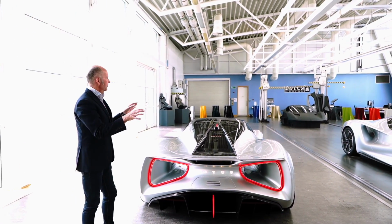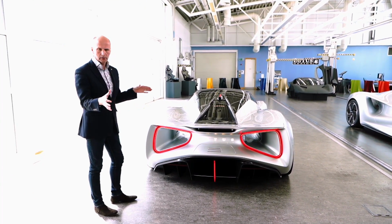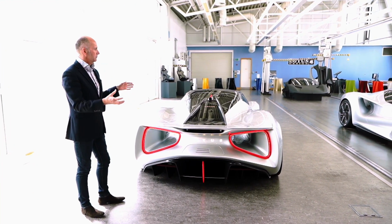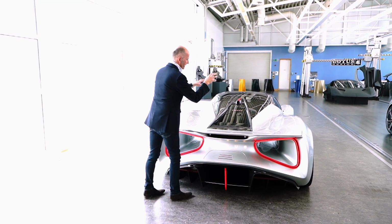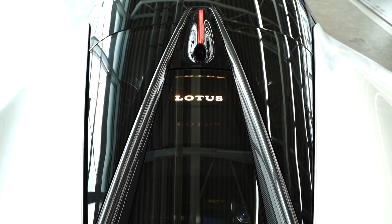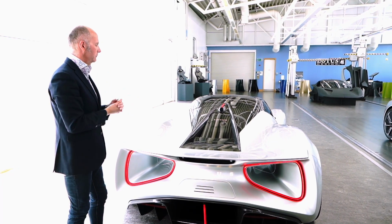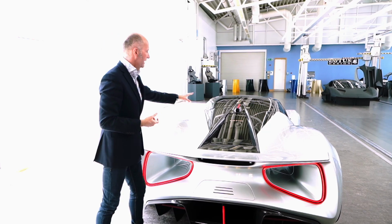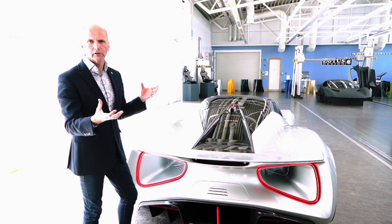Another important thing when you're at the rear of the car really is your connection with this being a machine, a piece of automotive art, is what you see through the glazing at the back. Obviously, we don't have a traditional gasoline internal combustion engine. We've got the battery pack there. So we designed it to make the battery pack look attractive, look intriguing,